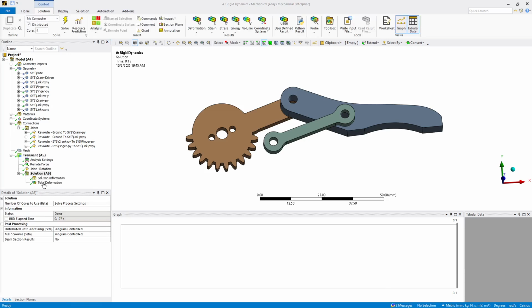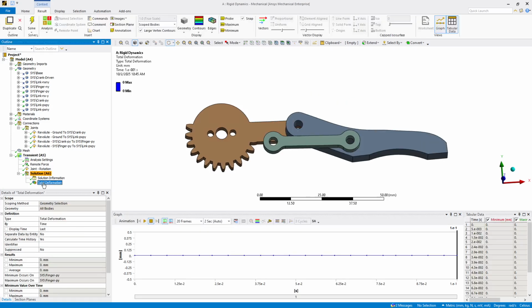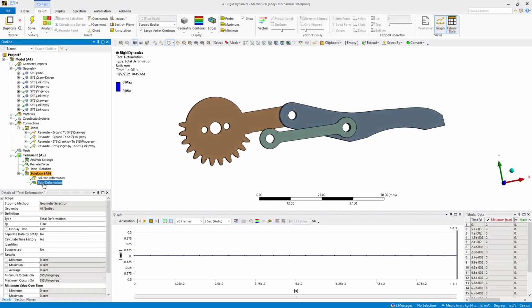And that just took less than a minute, and so it has solved, and we can play those 20 frames back. There's 22 simulation frames, so if we play those back,